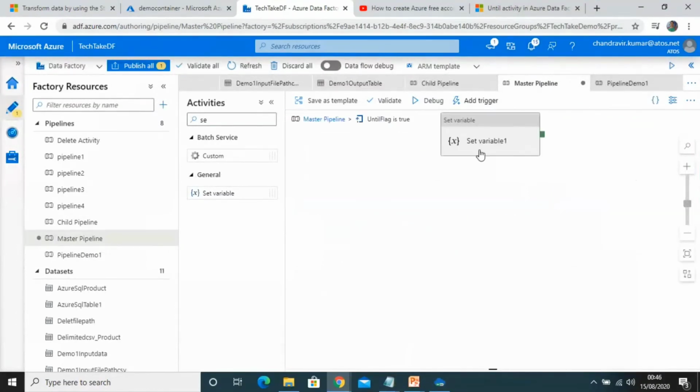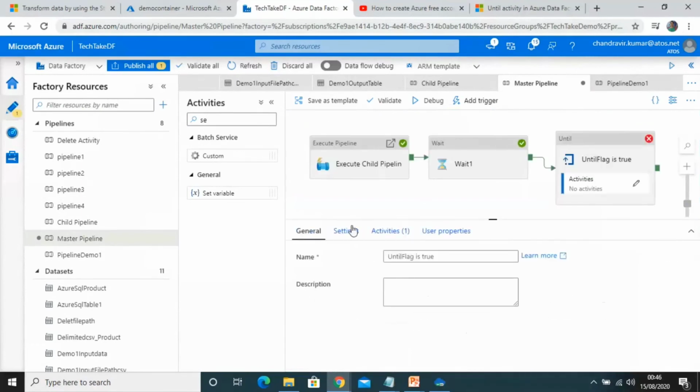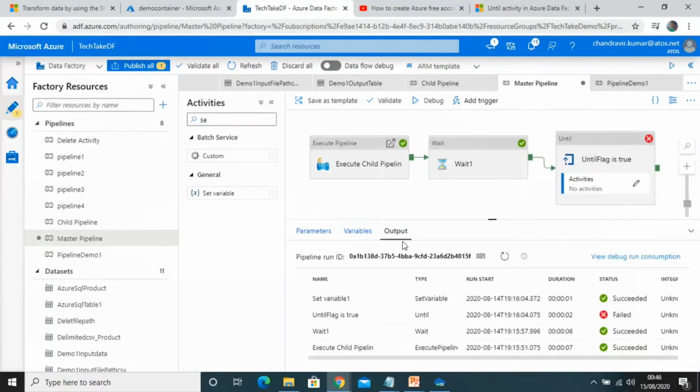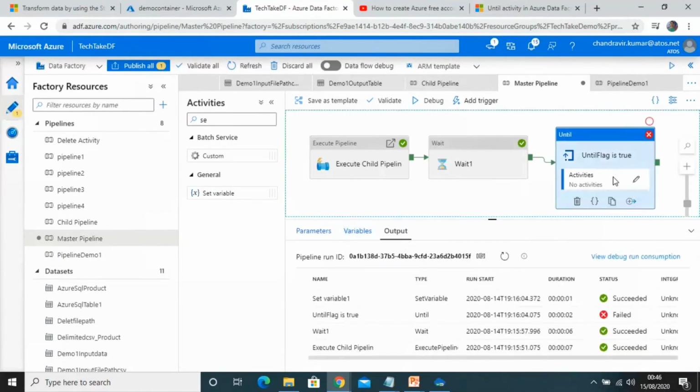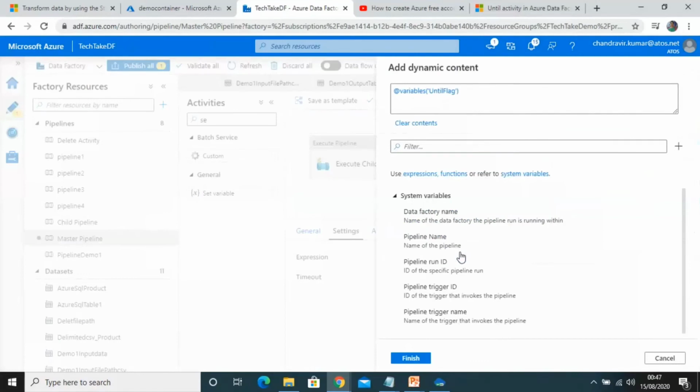Let's go to the activity, go to the Set Variable. In the Settings section of the Until activity, this time we need to make a change. You can see here the expression: a valid expression will run only as true or false. So it is not validating as boolean, that's why it failed.